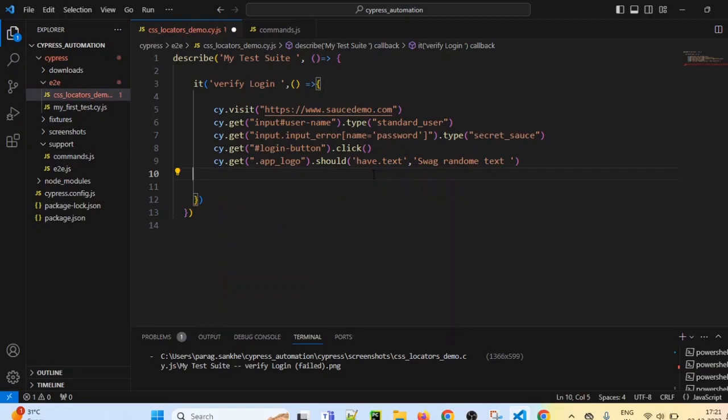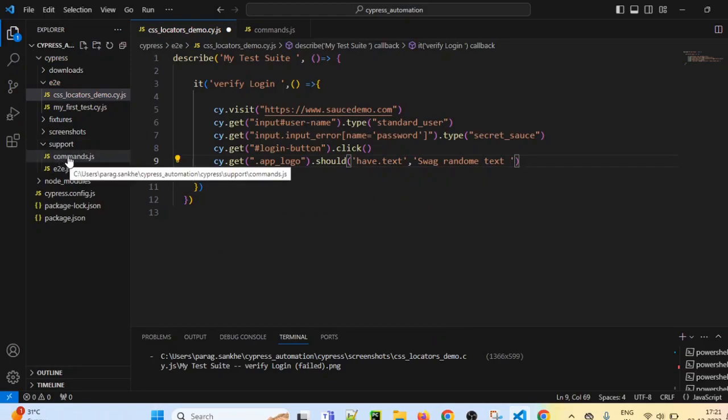So we can put that line in support command.js.